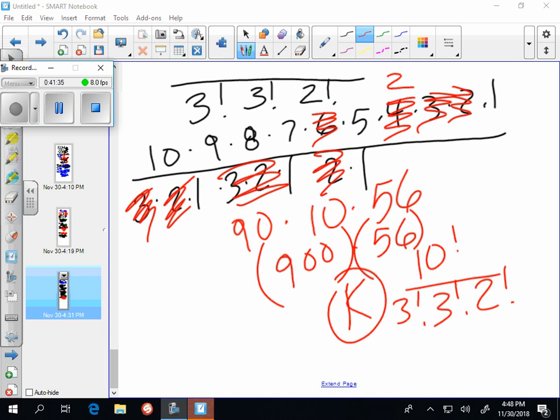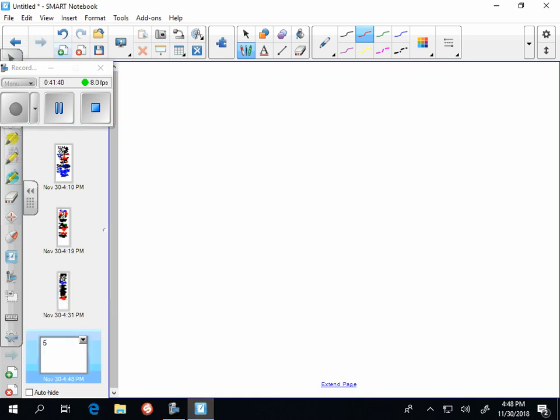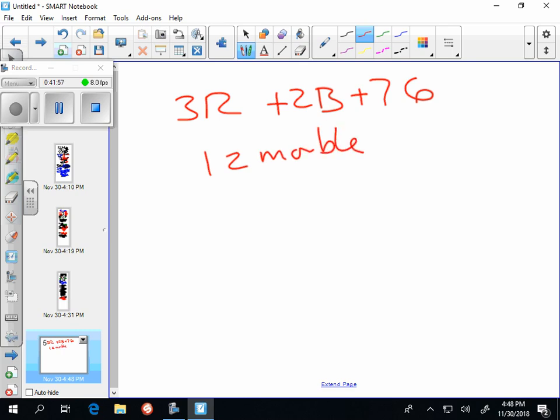Okay, let's take a look at number 19. Number 19 says, 2 marbles are randomly chosen from a bag that contains 3 red, 2 blue, and 7 green. That's a total of 12 marbles. Okay, what is the probability of picking 2 green marbles? 2 green marbles. Well,